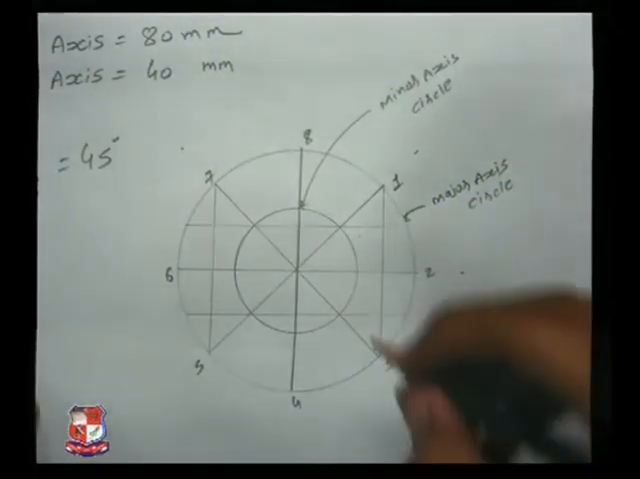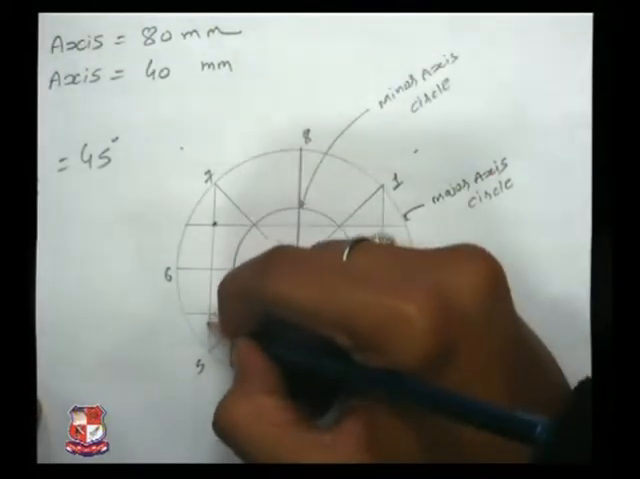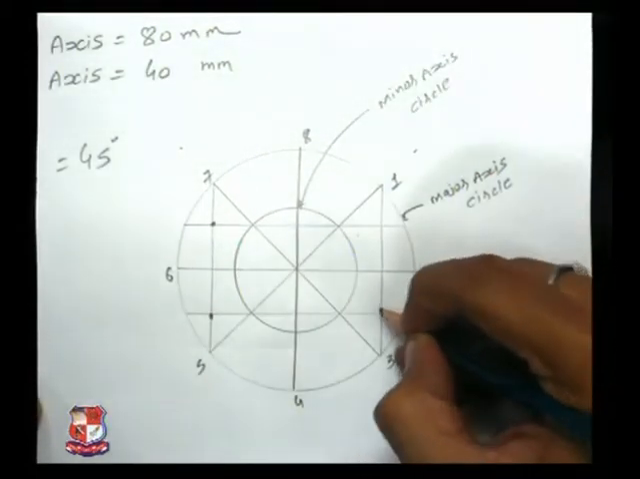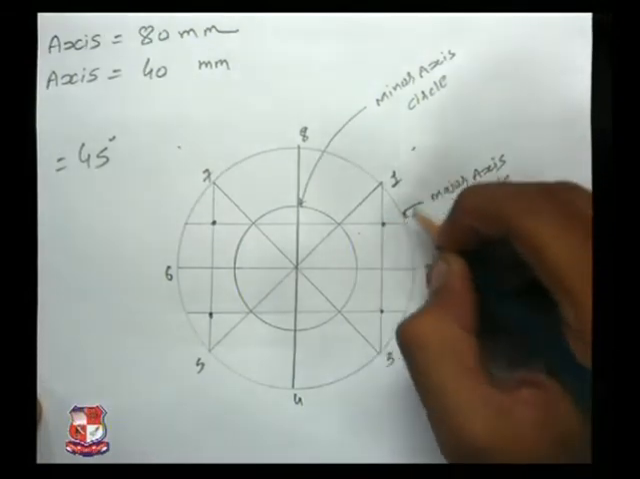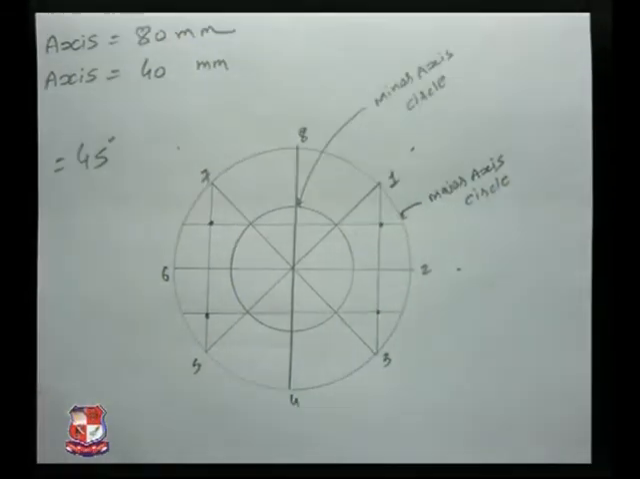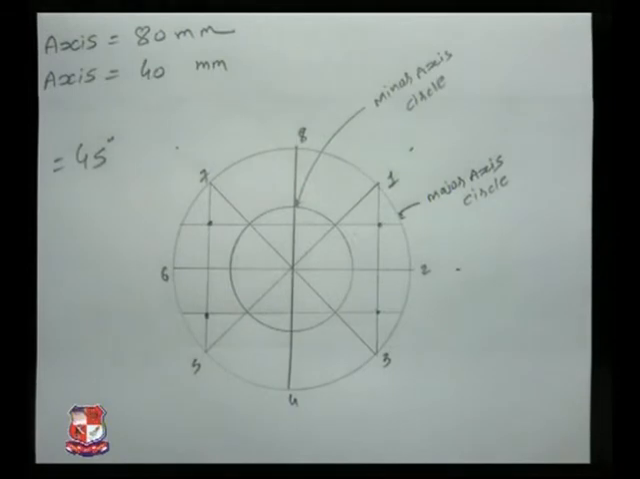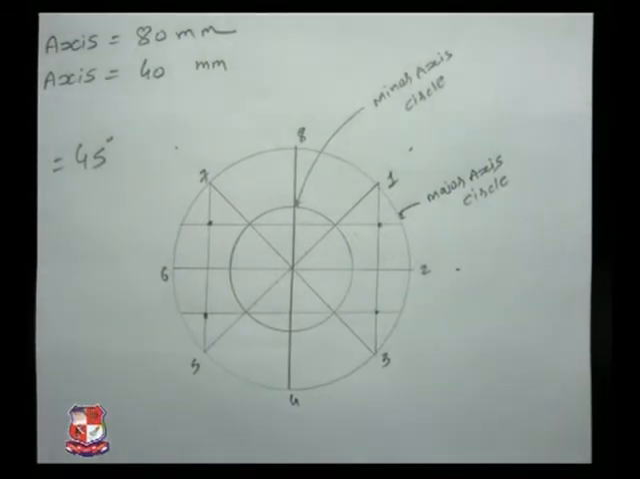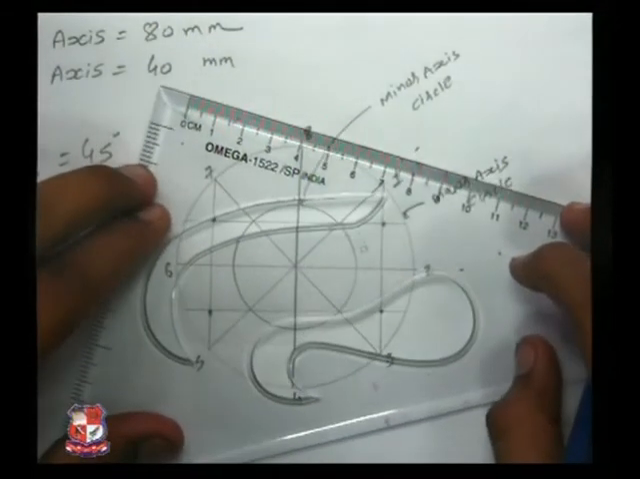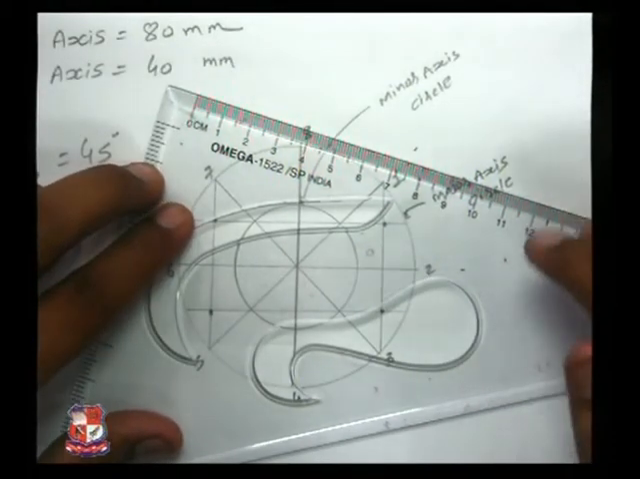You will get intersecting points of vertical and horizontal lines. You have got 4 intersecting points. Join these intersecting points using French curve and you will get